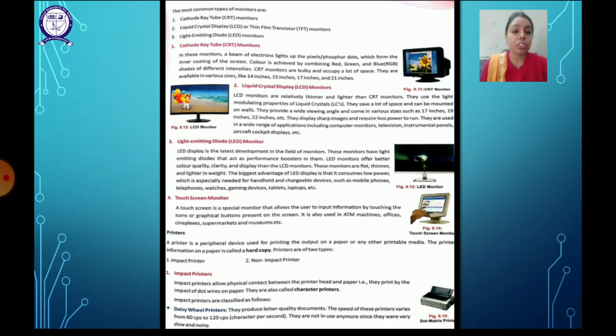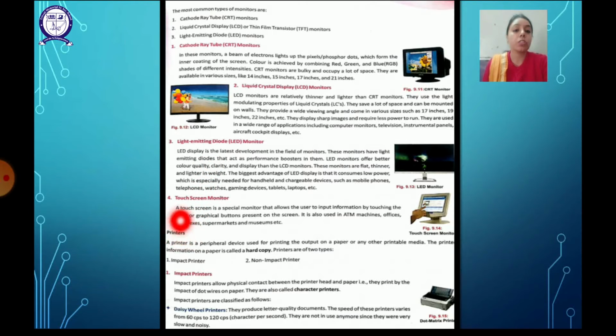Next we have is touch screen monitor. So touch screen, you must have seen nowadays when you go to ATMs, you must have seen like cash withdrawal option is there or fund transfer option is there. Some of them are there in which there are buttons which you need to press, but some of the ATMs are there in which you have to press with your fingers. So they are the touch screen monitors. You must have seen them at the ATM machines, sometimes in the offices also they are there, or at the movie theaters or the supermarkets or the museums also.